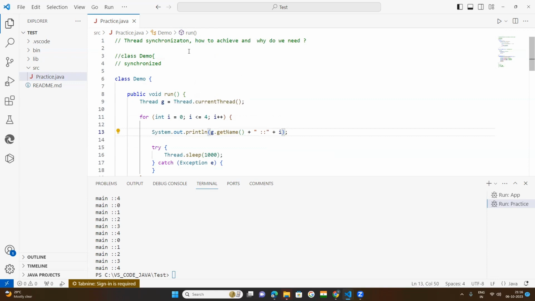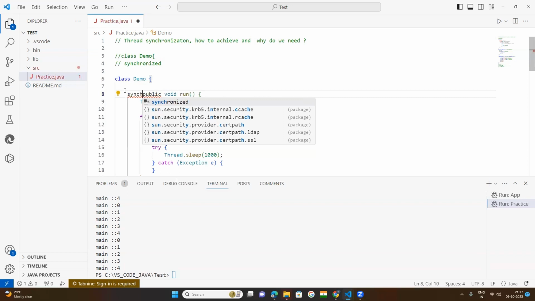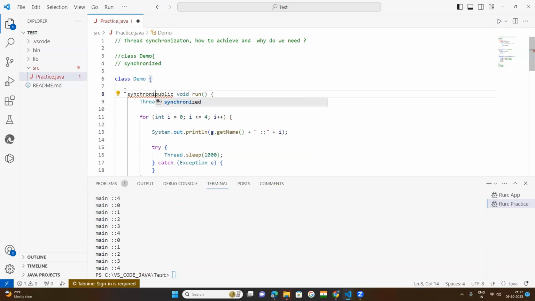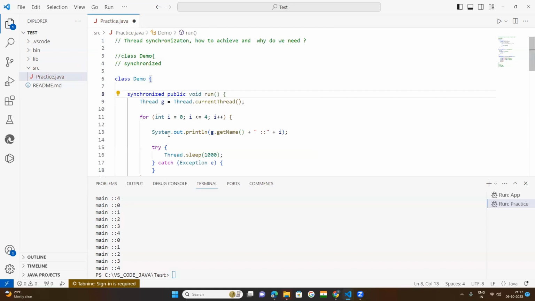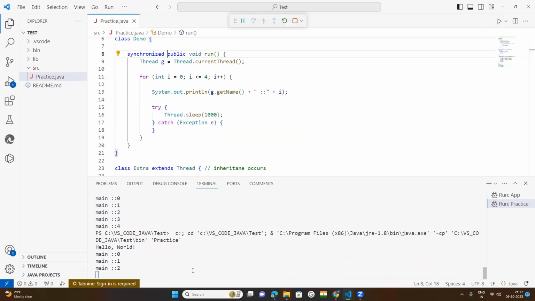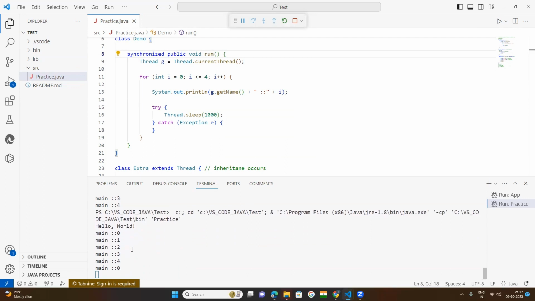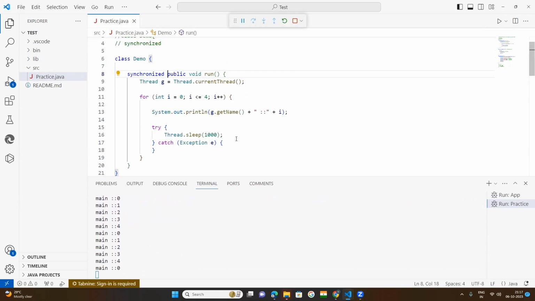So then synchronization, okay, understood that. So here we need to put the synchronized keyword. That is very important, as I told you. So put one synchronized keyword in front of this. Okay, now it is executed. See, with the synchronized keyword, again it is giving main 0 1 2 3 4. Okay, synchronized keyword. See, what do we need to do? We need to check back that